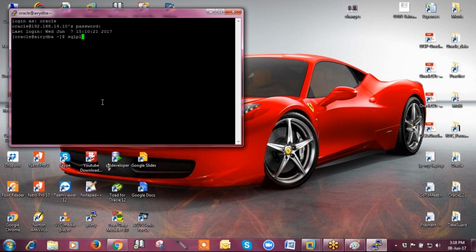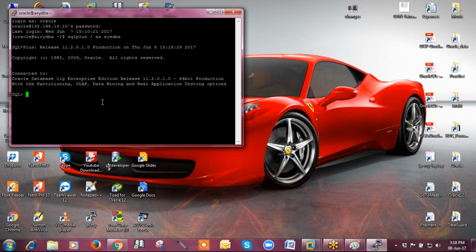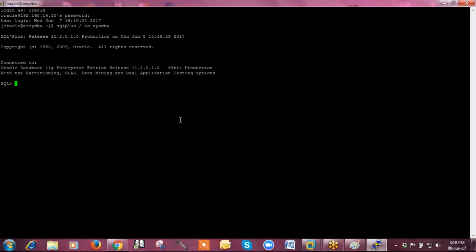So sqlplus / as sysdba. You can connect with Putty as well. See, you have received that prompt as well. So either you can work directly on that or you can work on Putty as well.